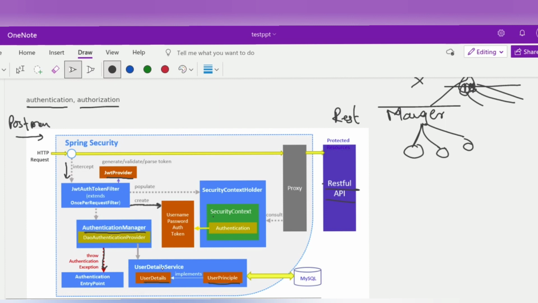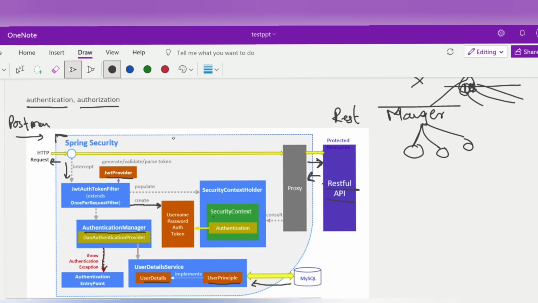So here we are checking user details, implemented by the user principal, and we are pulling all the data from the MySQL database. This way we can validate that data, and if it's permitted, only then do we send the request to the API and get the response from the API. But if at any point in the flow we find that the request is not validated, we return directly from there, not passing it to the end and then getting the response. So that's why this Spring Boot